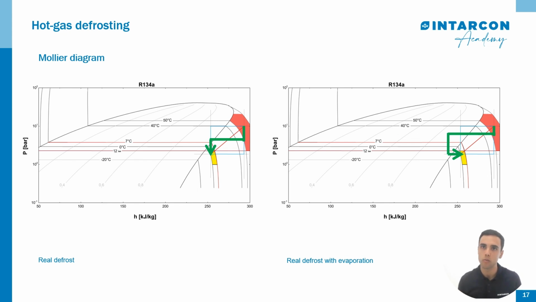Next, during the defrost, it's common to experience a pressure drop in the piping. This is due to several factors, such as the resistance of the gas flow through the pipes, fittings, and the evaporator itself. The pressure drop has implications for defrost effectiveness: it can affect the efficiency with which the hot gas melts frost. Increased pressure drop may require system adjustment to maintain defrost effectiveness. It might be necessary to adjust compressor settings or even modify piping to optimize flow and minimize pressure drop.